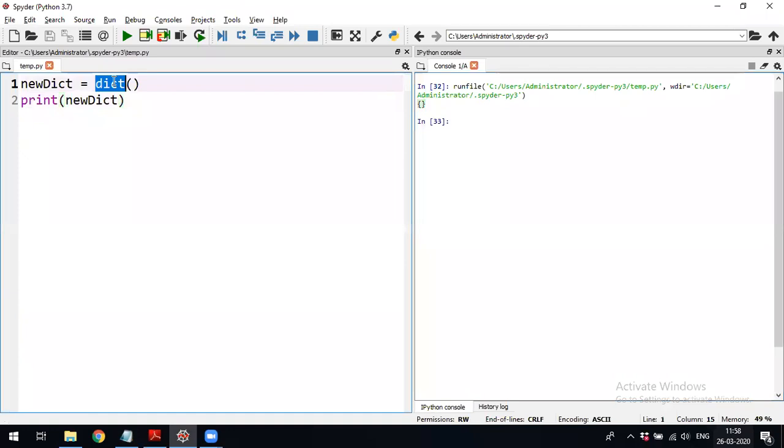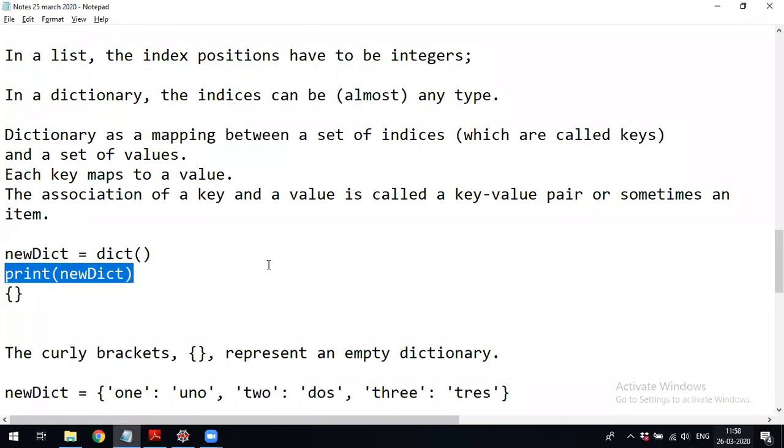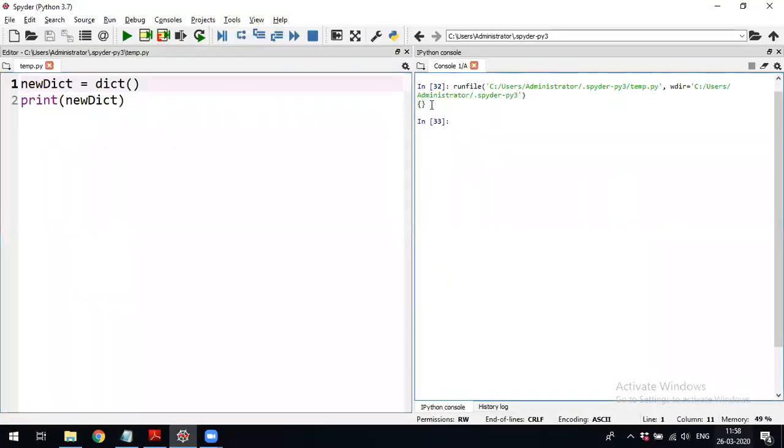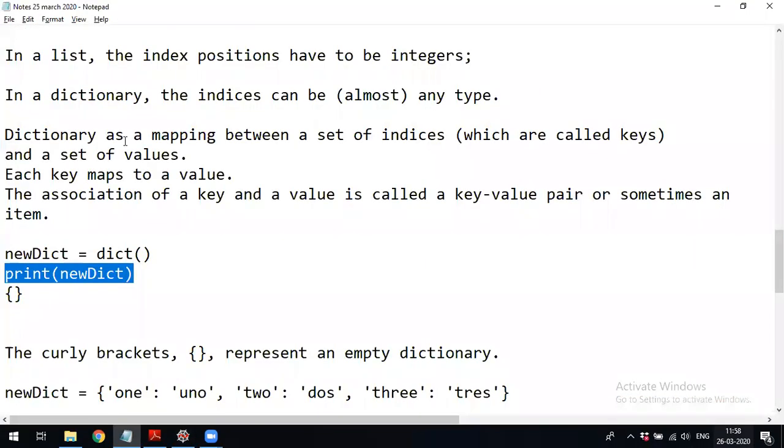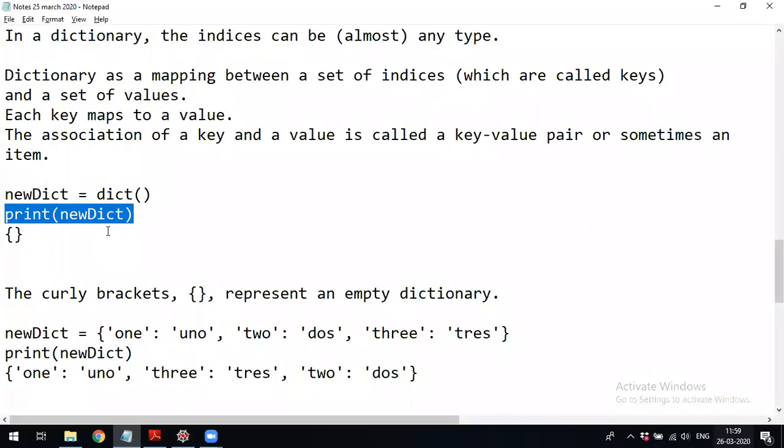For the list, we use the keyword list. See the brackets here, which are the brackets we use, that you should remember. The empty flower bracket tells you that it is an empty dictionary. Now if you want to store values,